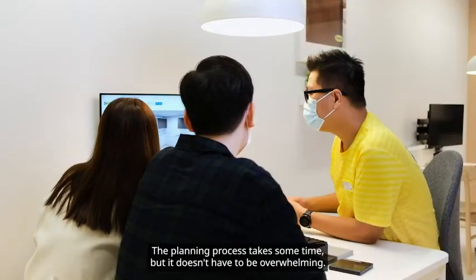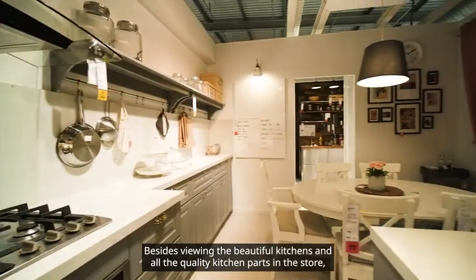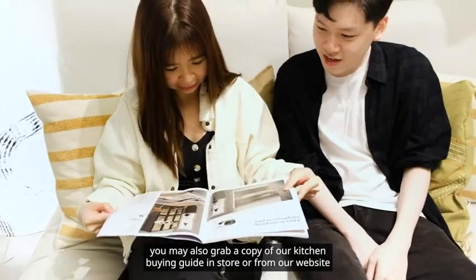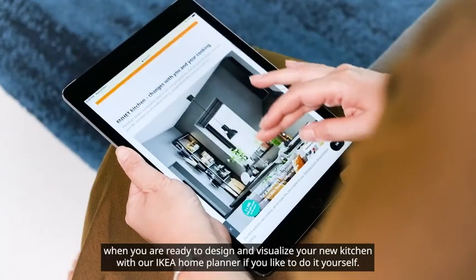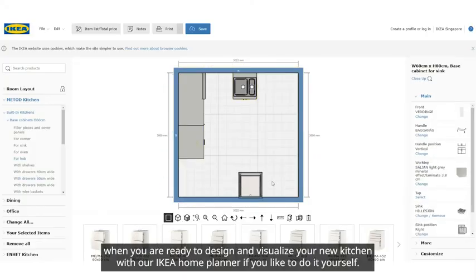The planning process takes some time, but it doesn't have to be overwhelming. Besides viewing the beautiful kitchens and all the quality kitchen parts in the store, you may also grab a copy of our kitchen buying guides in store or from our website. When you are ready to design and visualize your new kitchens with our IKEA Home Planner, if you like to